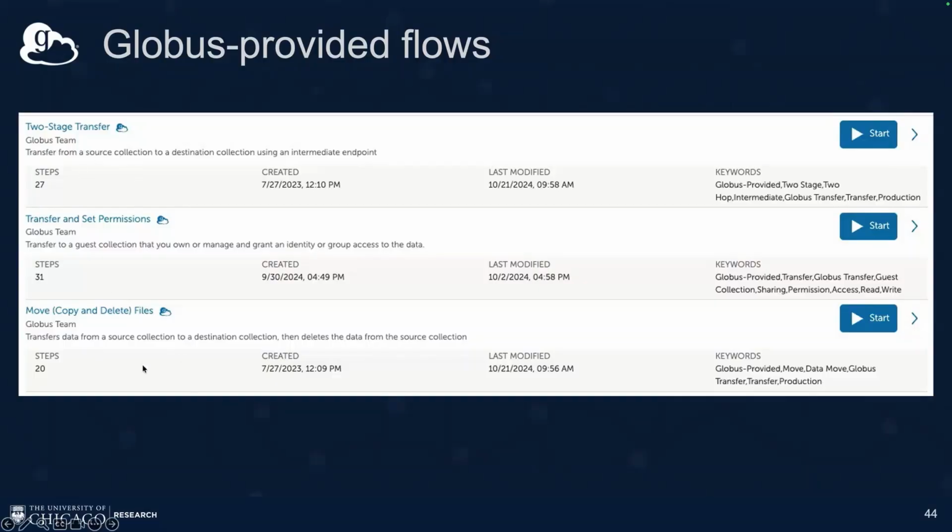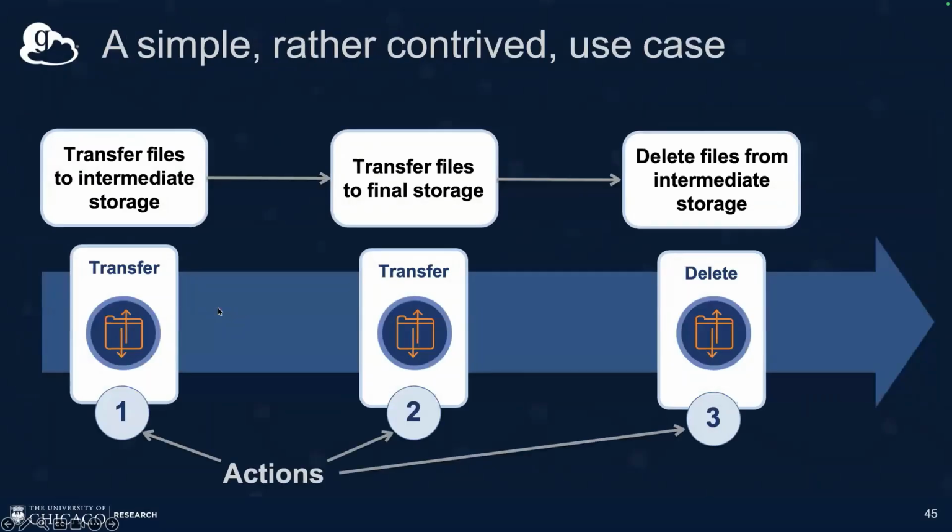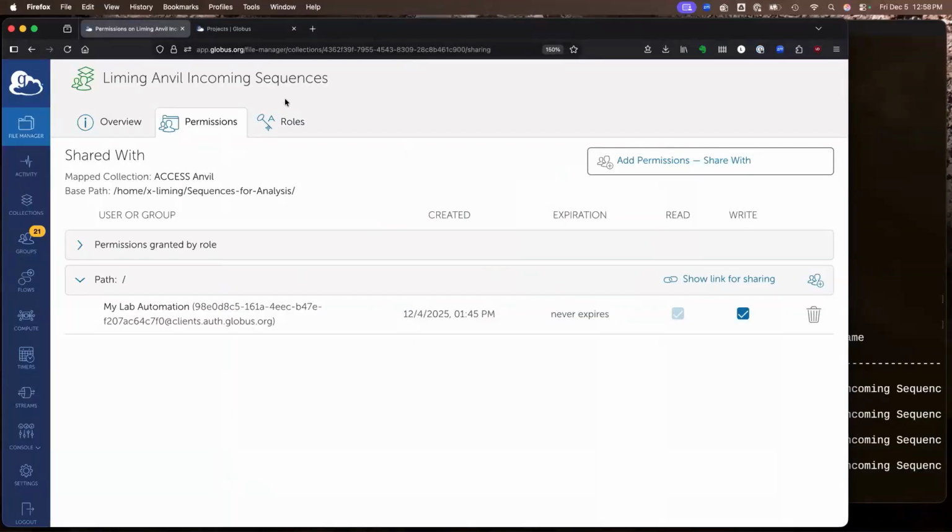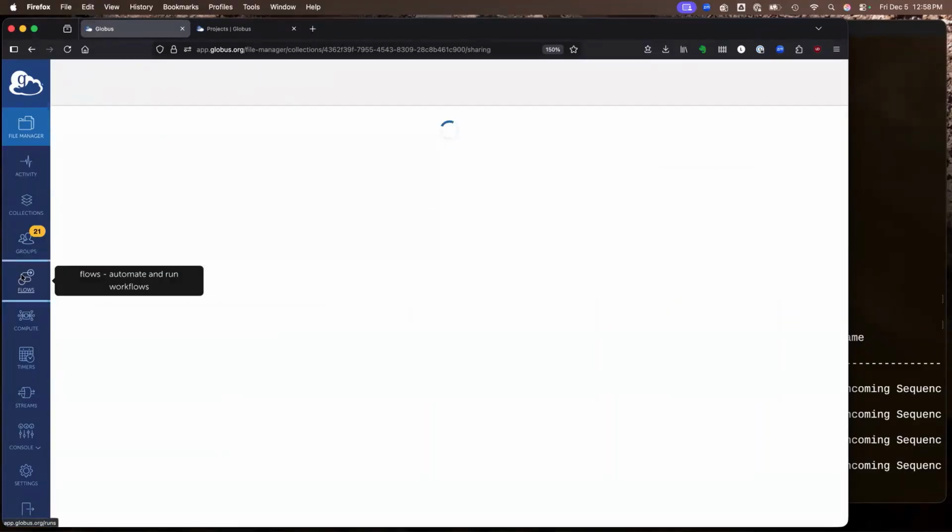So those are all examples that we provide that show you how to create flows, and you can find them in the flows library, which I'm going to show you right now. Oops, what happened? Okay. So if I click over here in the Globus web application on the flows section of the web app,